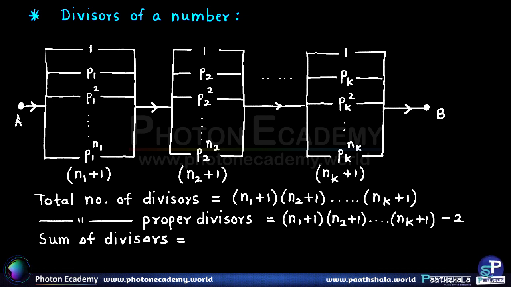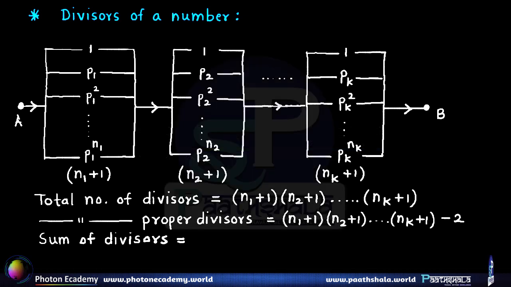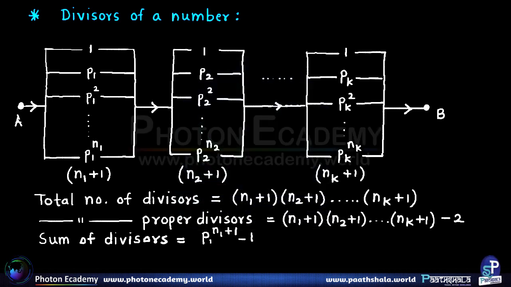So it is the sum of this geometric series, which turns out to be (p1 raised to n1 plus 1, because there are in all n1 plus 1 terms, minus 1) whole upon (p1 minus 1), because p1 is the common ratio,